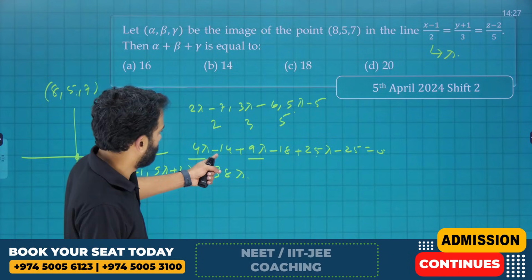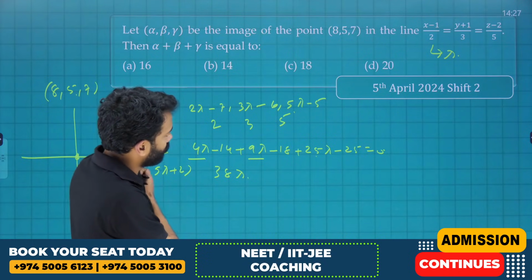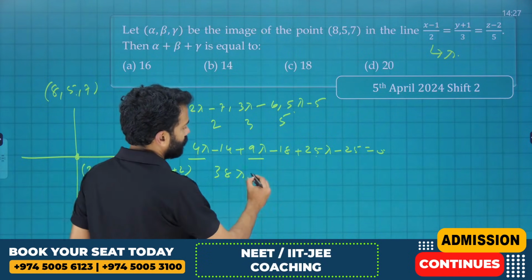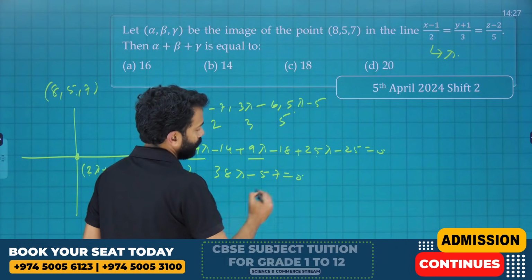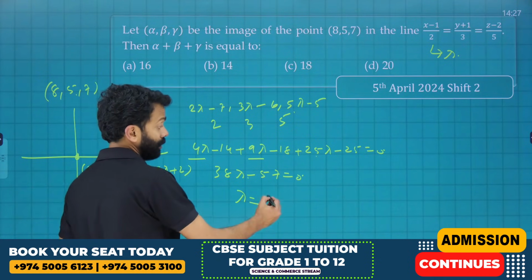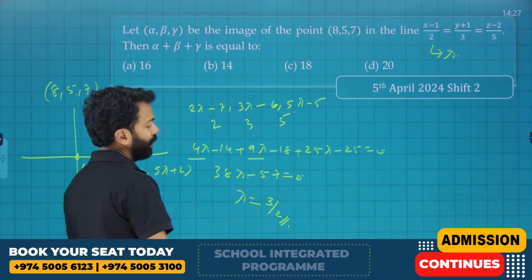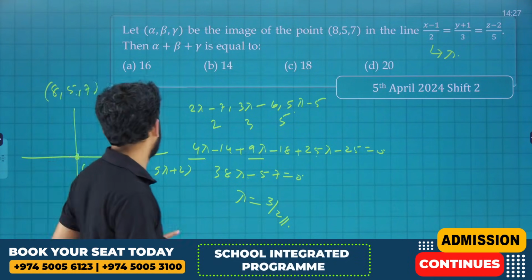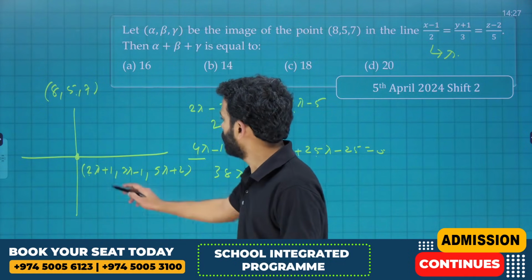Okay, that is minus 32 minus 57, right? That is minus 57 is equal to 0. That is lambda is equal to 57 by 38, and that is 3 by 2. Both are divisible by 19. What is the value of lambda? 3 by 2. So, if we substitute 3 by 2 here,